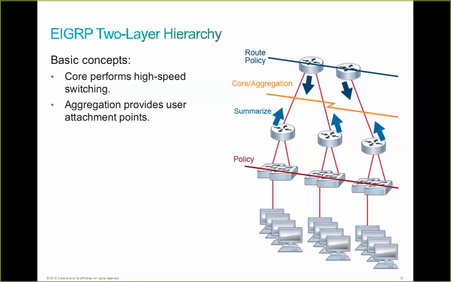The core is area 0, right? And in this case, it's my aggregation point for all my routes, wherever that might be, because we don't have the areas here in this case. The distribution layer would be